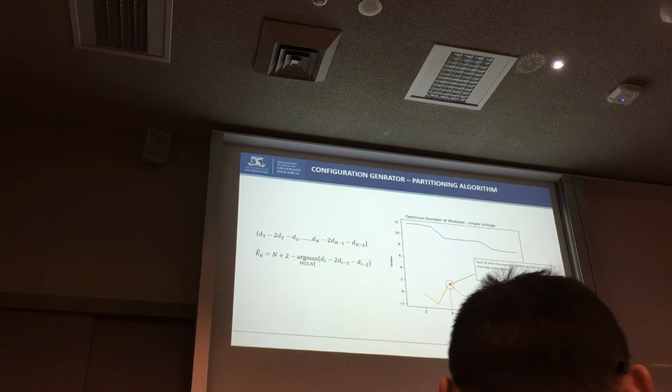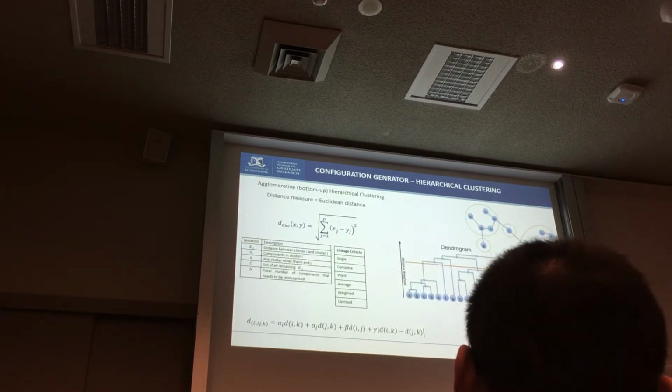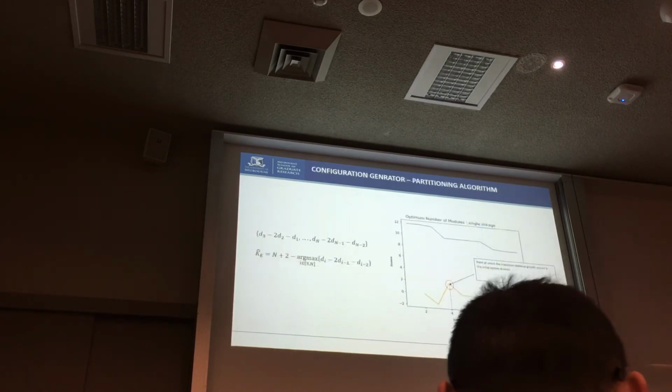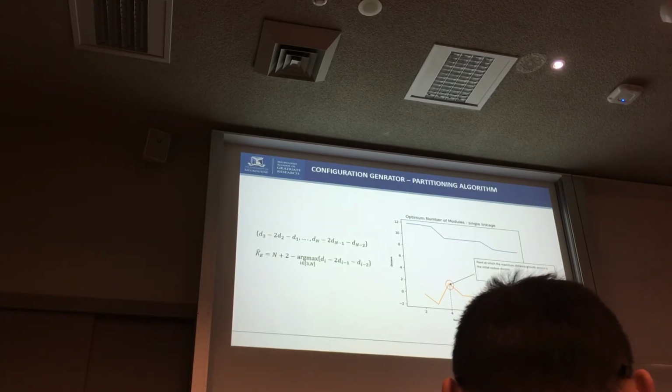So generally, for a smaller sample, the cutoff height of a dendrogram can be manually selected by an engineer, but we are talking about sample sizes of more than 100 components. Then we need an automated process of determining the optimum clusters. This takes us to the partitioning algorithm. What the partitioning algorithm does is it measures the distance growth between 2 configurations, and the point at which the maximum distance growth occurs, or the point with the maximum acceleration occurs, is identified as the optimum clusters